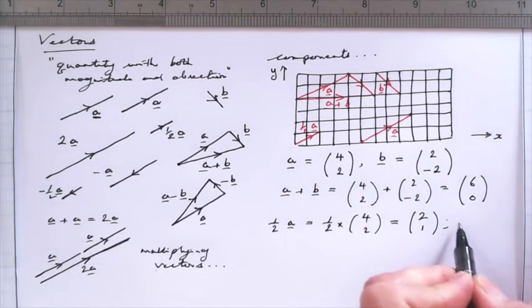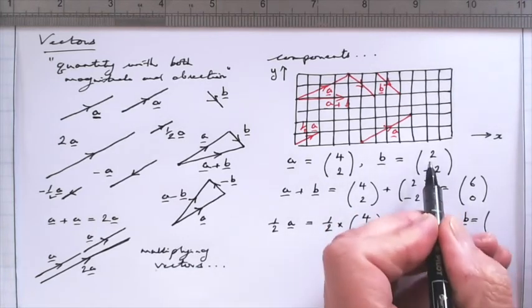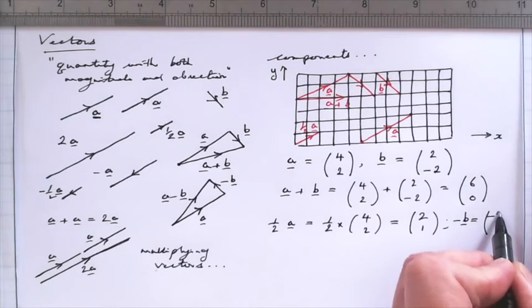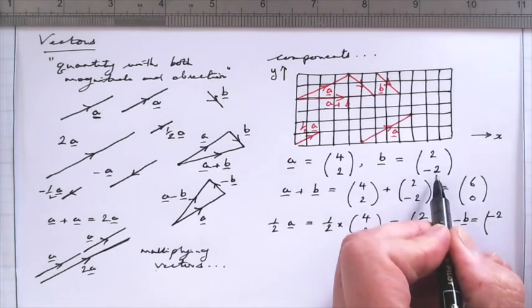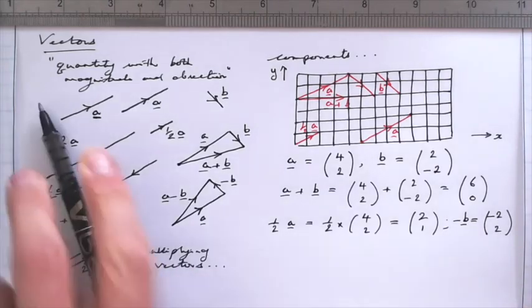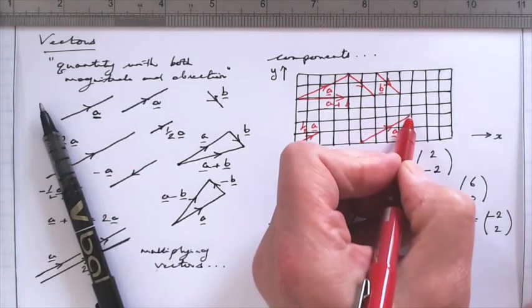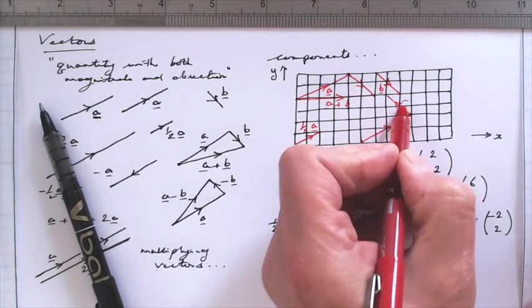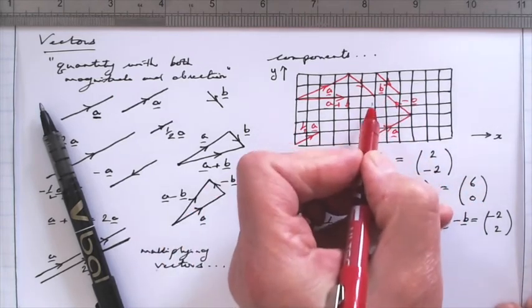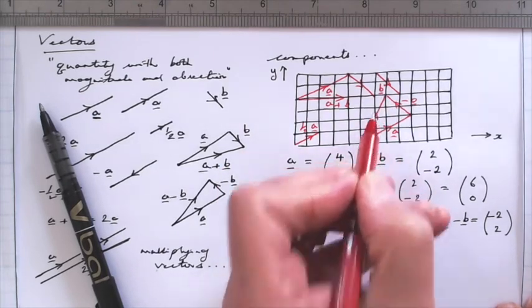So for the vector minus B, we would be multiplying B by minus 1, and so 2 times minus 1 is minus 2, negative 2 times minus 1 is plus 2, so the vector negative B is negative 2, 2, as we would expect. So there's the vector negative B, and adding negative B to A gives us this vector here,